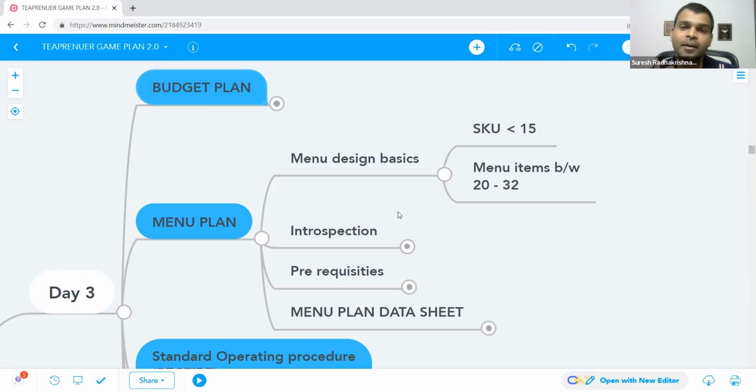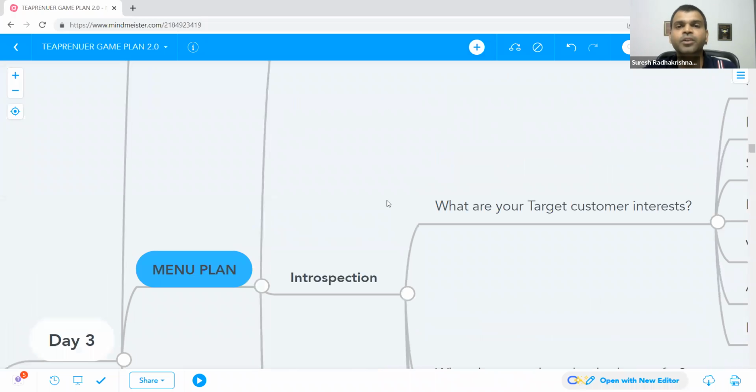Let's say you're using mango syrup for a milkshake. Mango syrup is one SKU. You can do mango iced tea, so 2 items. You can still do a mango bun. Put some mango syrup on top or in between the bun and put some butter. It gives you a new flavor. We did it for bun maska. We did chocolate bun maska. We had this chocolate syrup, which we already use for the chocolate milkshake. Likewise, you can come up with a lot of innovation with respect to menu design. So whenever you design the menu, make sure that your SKUs are less.